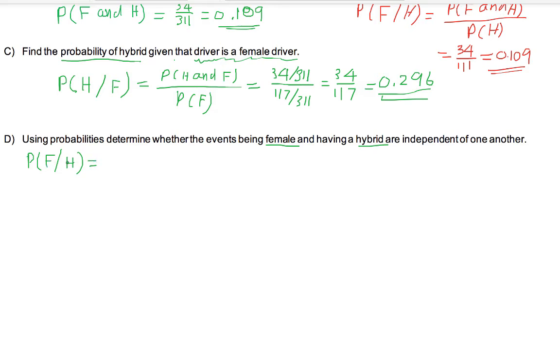So, if these two are independent, this must be equal to the probability of female. So, actually, we don't know yet if this is true or not. So, we have to check it. So, now this is the first equation we can use to check independence. Okay, now probability of female given H. Actually, we know the answer for this above. From the above, look at here. Probability female given H equal